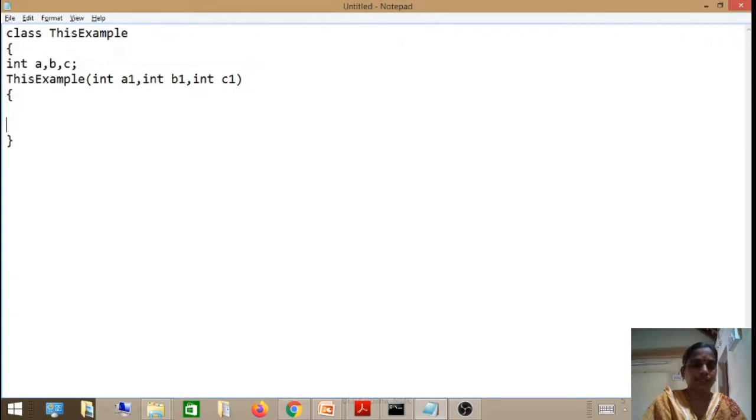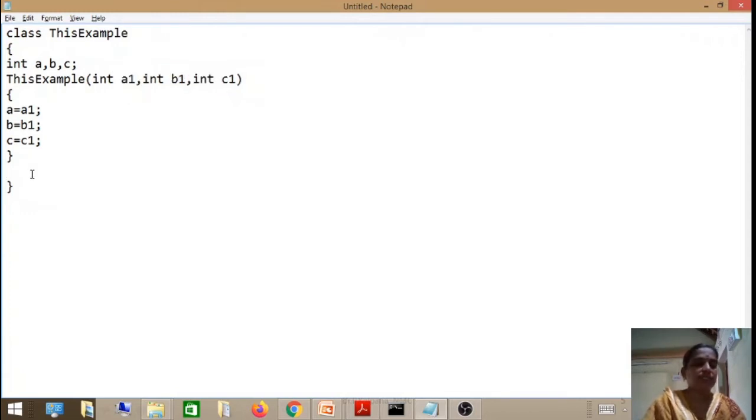Now I am assigning a1 to a, b1 to b, and c1 to c. So in this case, the instance variable names are different from the local variable names. The instance variables here are a, b, c and the local parameters are a1, b1, c1.